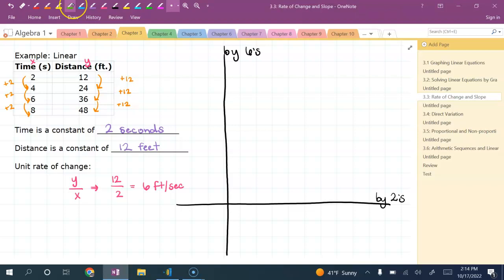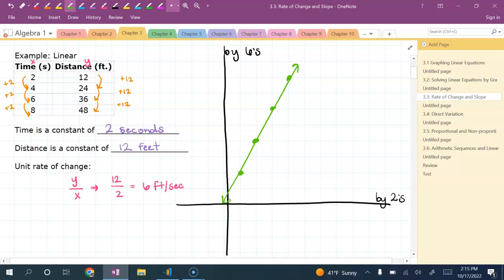So for that point 2, 12, I'm going to go over 2 and then up 6 and then 12. So there would be your first point. And then I'm going to keep doing that for those other ones. So over 2, 4, up 6, 12, 18, 24, and then you can keep graphing those other points. And you should see as I do that I'm getting this linear equation. So if I were to connect that, it still forms a straight line,